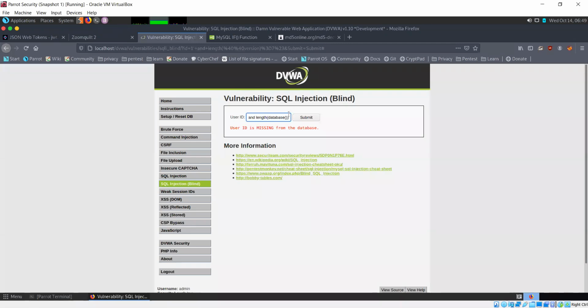Length database is equal to 2. So we are asking whether the length of the database variable, which is holding the database name, is 2 characters long or even longer. 2 characters long or no? Yes or no? It's telling us no. Let's try again. Whether it's 4 characters. I'm taking 2 and 4 just as examples. There's no guarantee that you'll find it within these values.